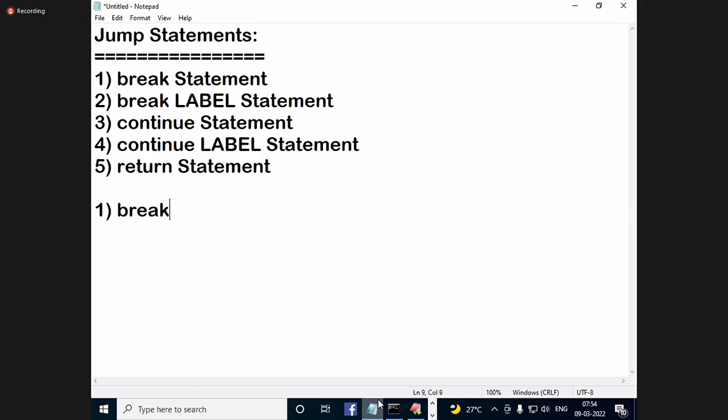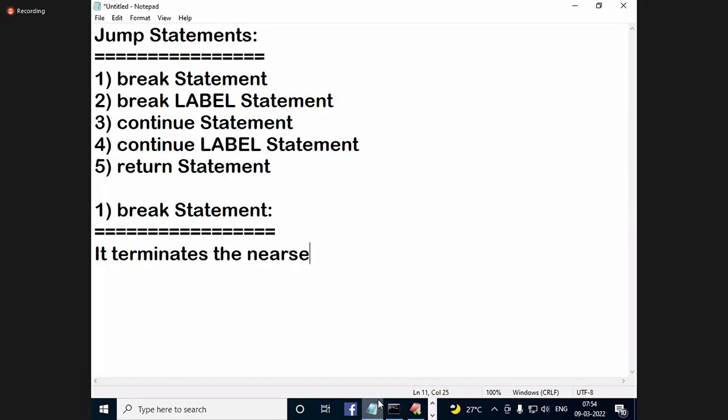First one, break statement. It terminates the nearest enclosing loop or switch statement.